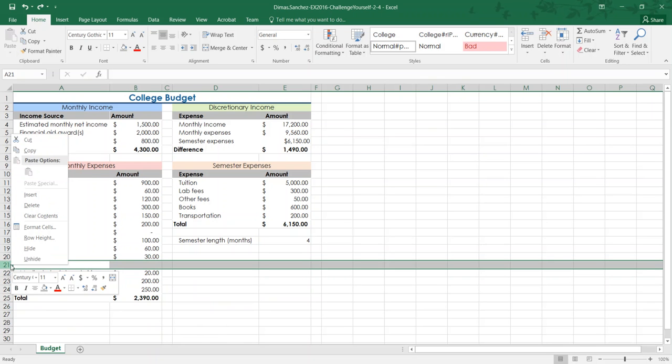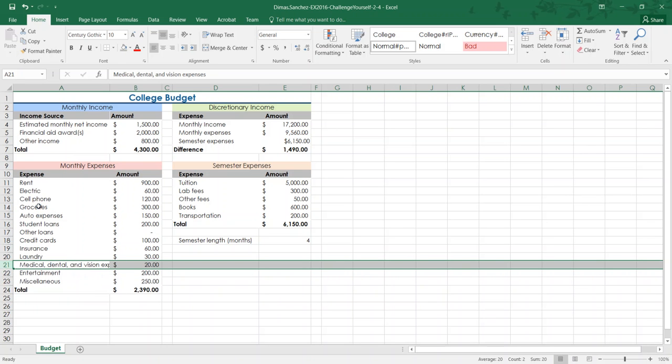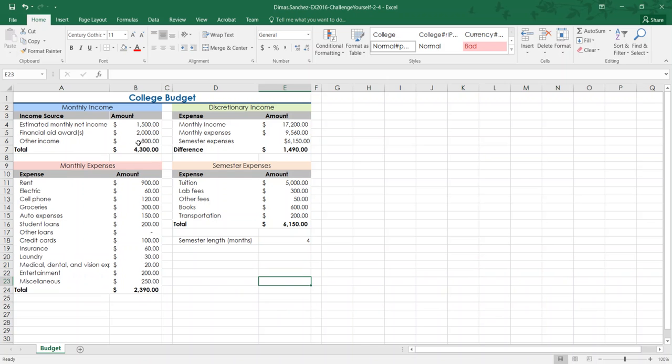Then you right click, and then you delete that row. Okay. So at this point, we added the lab fees without deleting anything here. We just moved everything down, and we have a new total, and we deleted one of the